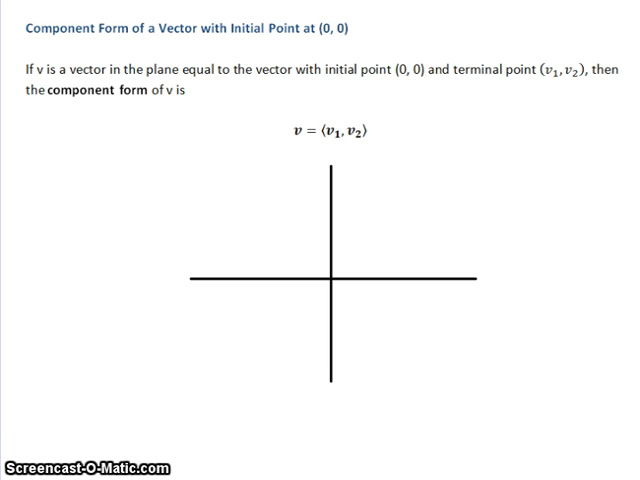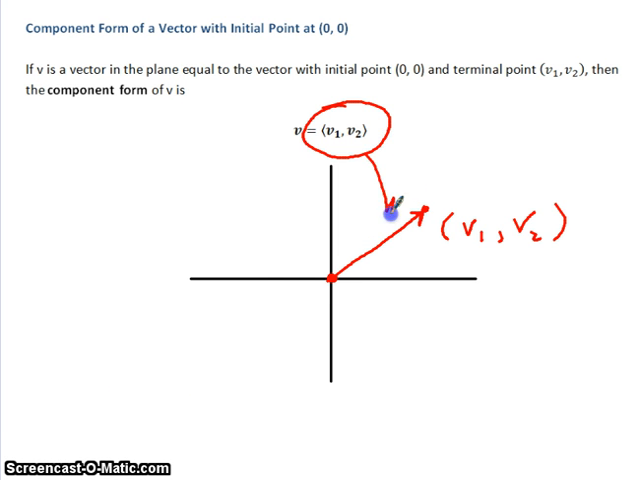So a vector is written with component form, and if v is a vector in the plane equal to the vector with initial point at 0, 0 and terminal point at v sub 1, v sub 2, then the component form of v is equal to this right here. So let's say we have the initial point here, terminal point somewhere out here. We'll call that v sub 1, v sub 2. And